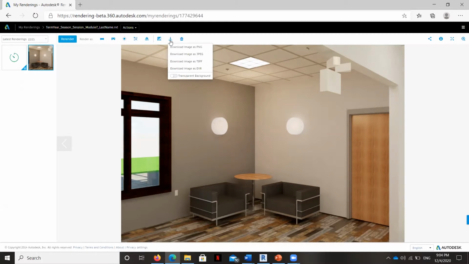And I've got several different backgrounds and file types that I can use. It doesn't really matter to me. I mean, TIFFs are preferred. I'm going to go ahead and download it as a TIFF, and I want to have this as a transparent background because that's going to save me a step when we get to a later video. So we'll go ahead with transparent background, and I'm going to save that as a TIFF, and I will go ahead and download it and pause once we're ready for the next step.